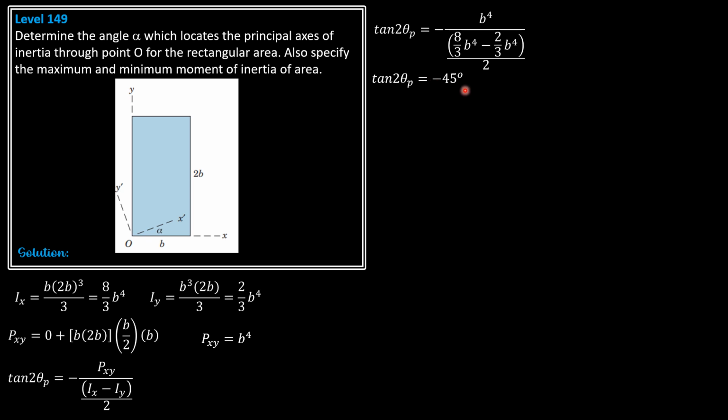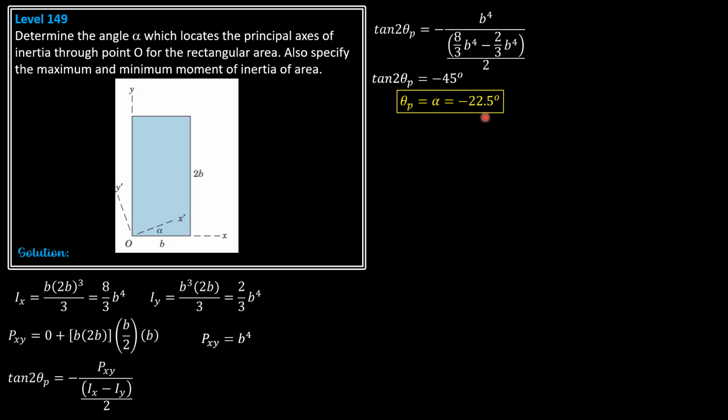So negative means clockwise from the x-axis. So it's really clockwise. The x prime axis should be here so that it will coincide with the principal axis. So theta p or alpha therefore is half of 45 degrees. So theta p, alpha, equals negative 22.5 degrees. Then for the maximum moment of inertia